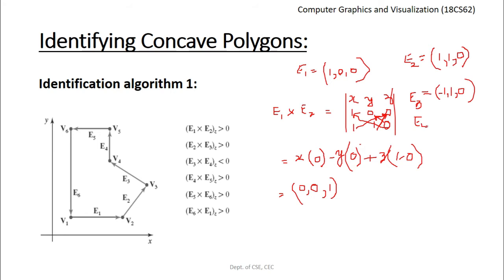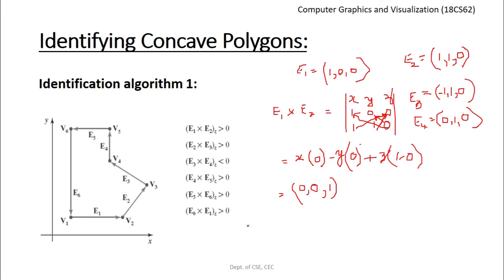How do you represent E4? So what is the representation for vector E4? Let us consider the edge E4. Now there is no displacement along x-axis, so the x component will be 0. There is a positive displacement along y-axis, so it will be 1. Again, it's an xy plane, so there is no scope for the z-axis, that will be 0. What about E3 cross E4? So it is x, y, z. X component will be 0. Y component will be 0. What about the z component? Z component will be 1 into minus 1 minus 1.